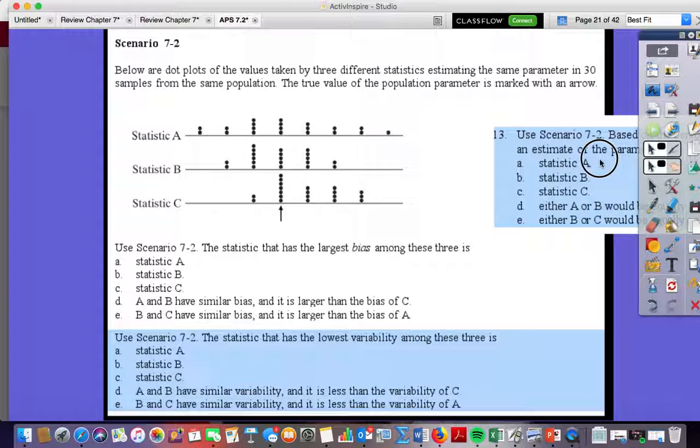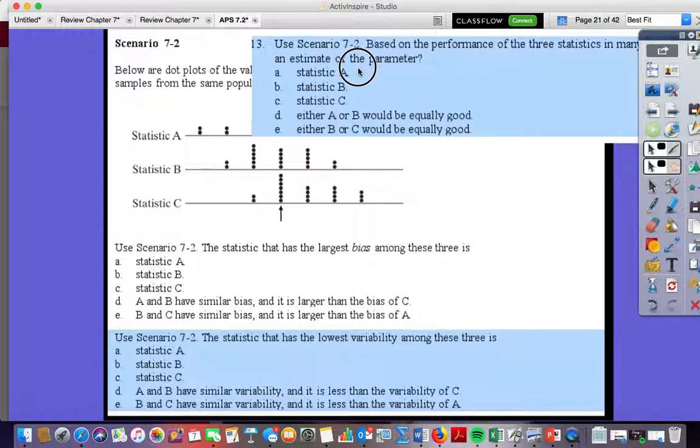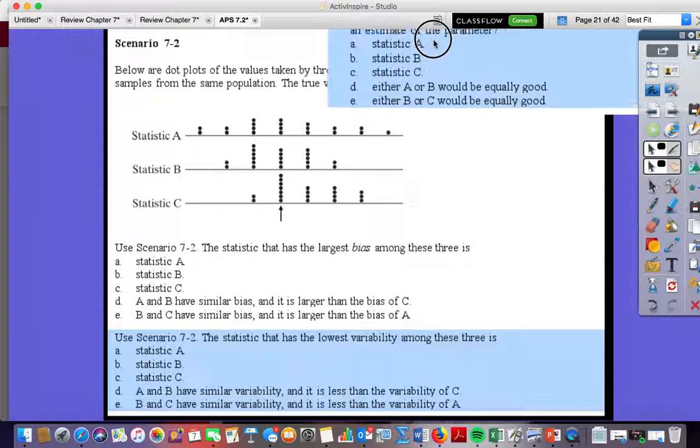Jaden? Christian, number 1. Oh, my fault. Number 1, we kind of just took a guess at it, but I still don't understand. I don't get why it's A. Or why it's C? This is the true parameter, the arrow, because that's what it said in the problem.